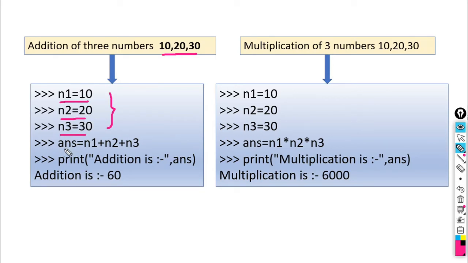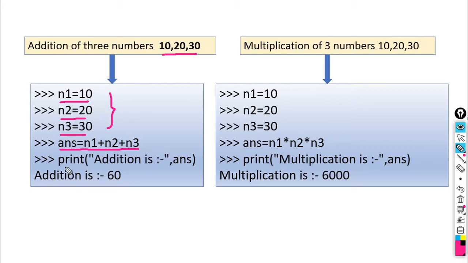Next, we have to perform addition of these three variables. So the next statement is ans is equal to n1 plus n2 plus n3. This is the mathematical expression. We have stored the value in variable ans. Next, you should print it by using the print statement on the terminal.